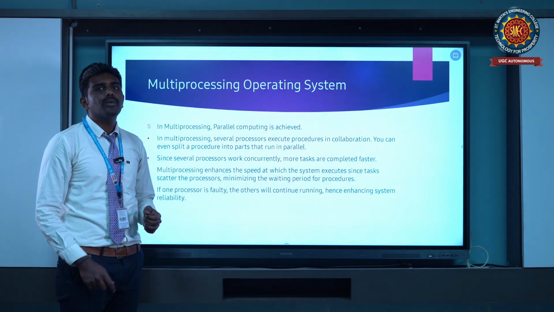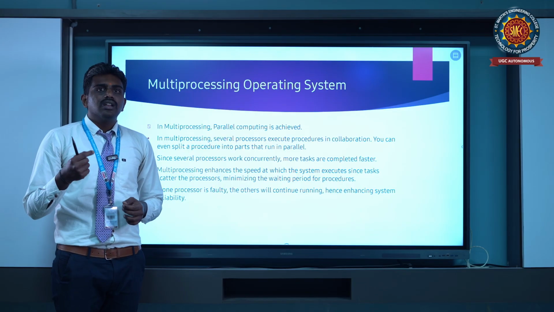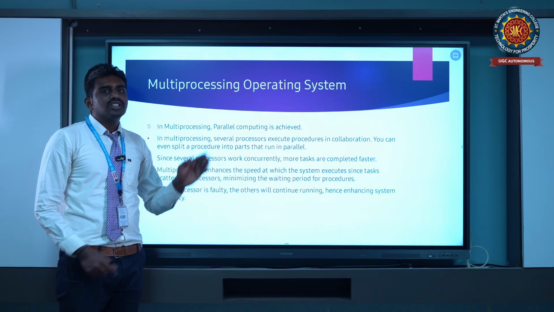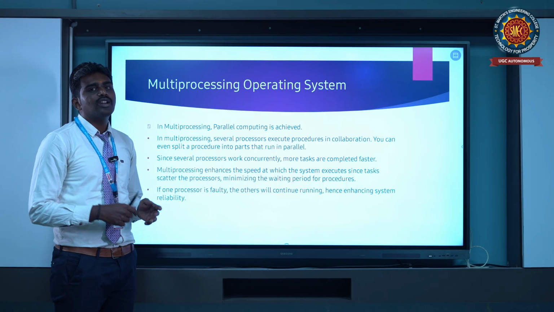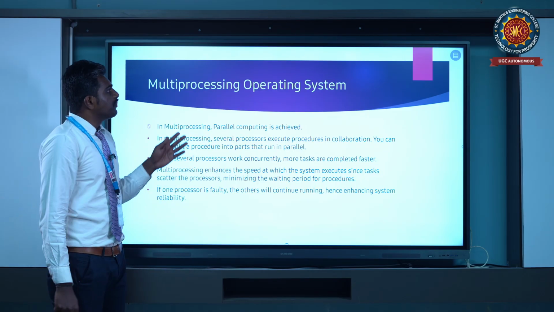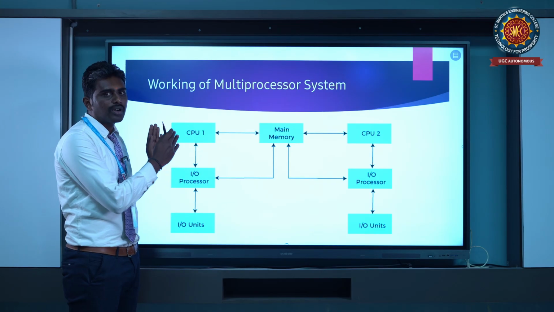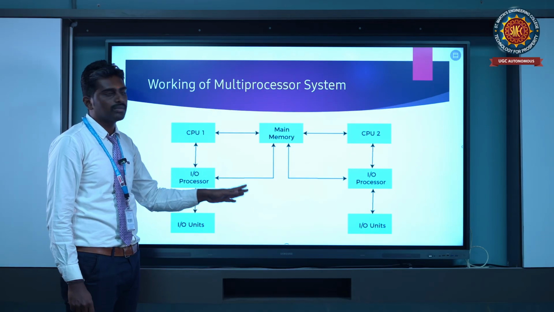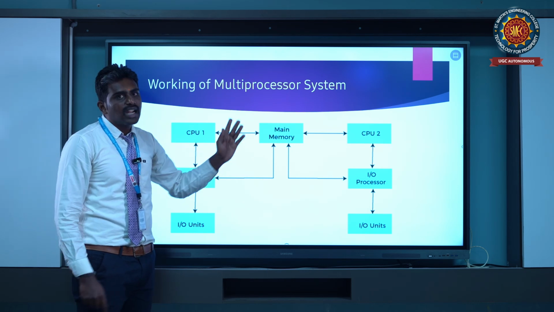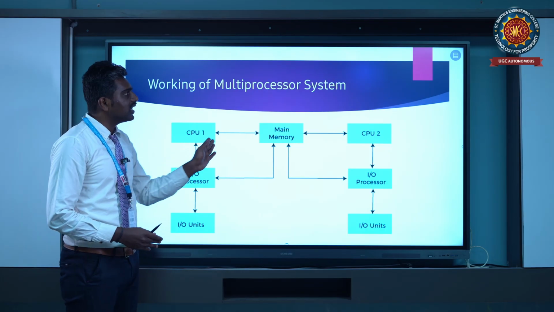The multi-processing operating system allows multiple processors to work at the same time in the operating system. So parallel computing is achieved with this operating system. Parallel processors are implemented at the same time. In this diagram, multiple processors are implemented in the operating system. For example, CPU 1 is one processor, CPU 2 is another processor. So multiple processors are implemented in the same